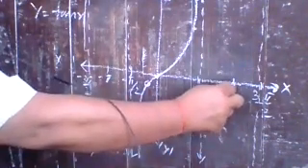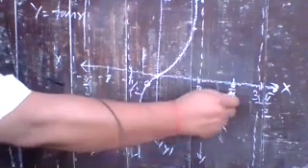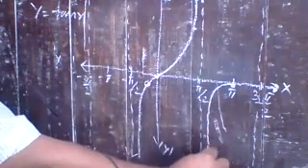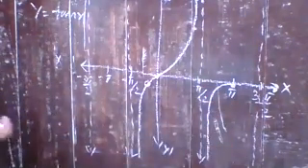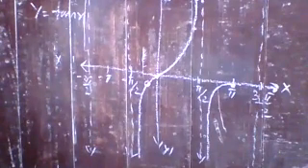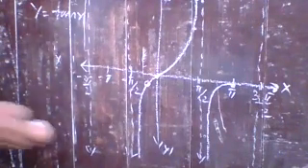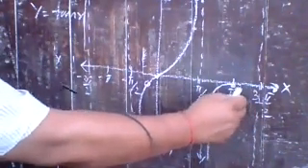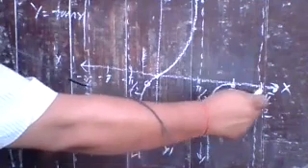So here you have 0, and pi by 2 to pi is your second quadrant. So again you can draw it in this way, it moves up from minus infinity. Now move further from pi to 3 pi by 2, which is the third quadrant,